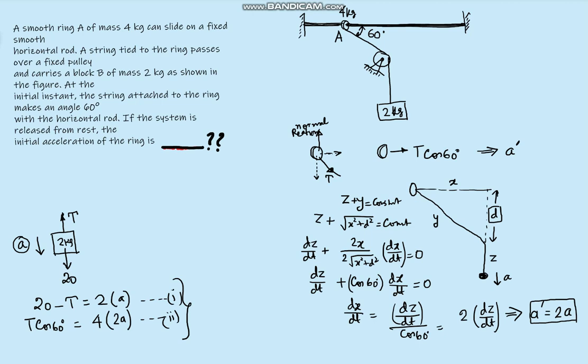So if we solve it, we get a dash will be equal to 20 by 9 meter per second square. I advise all of you to just check the answer calculation of the value of a dash, that is the acceleration with which the ring slides over the rod. That is the solution. Thank you.